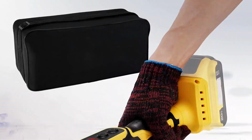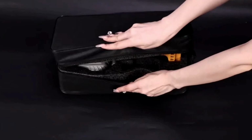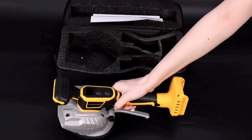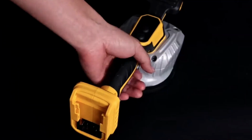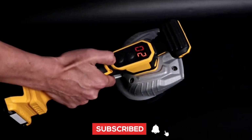Number 18, Tile Vibration Machine. This easy-to-use tool helps you lay tiles flat and even without much effort. It runs on battery, so there are no cords to deal with. Just set it on the tile, press the button, and it gently vibrates to settle the tile and get rid